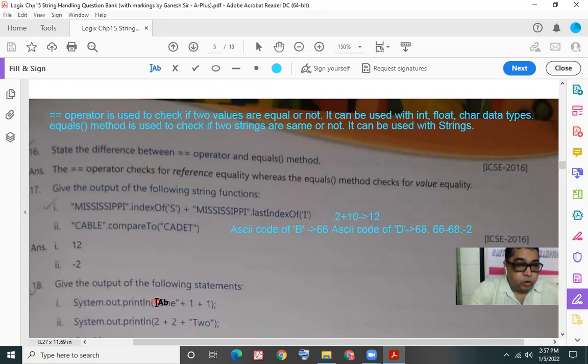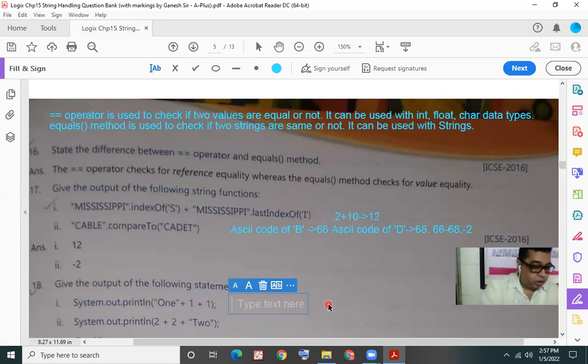System.out.println. In this println statement, we have a string with the letters O, N, E. After that, we are concatenating that string with an integer value 1 and further again concatenating it with 1. Now we're going to see what would be the output.